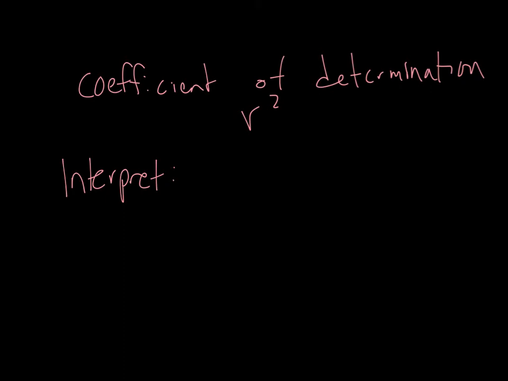Okay. So here's what they're looking for when they say interpret, which is a very common question on the AP exam and probably will be on your chapter tests. So if it says the coefficient of determination is, for example, let's just use what I said, 0.81. What does that mean? What you're going to have to do is say